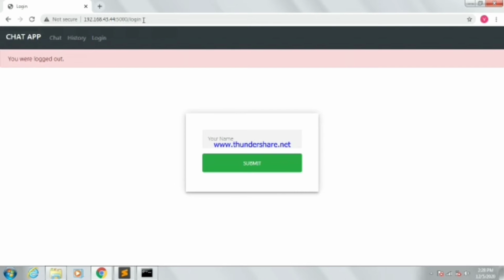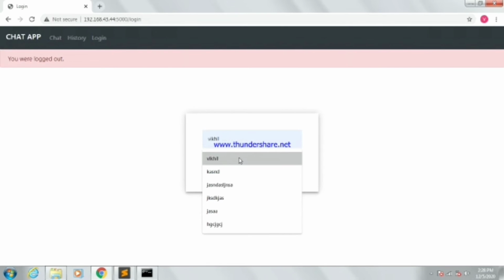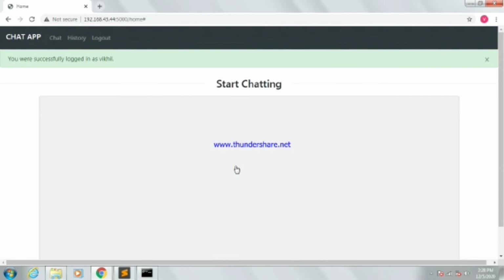I have connected my local IP address, which is IPv4, to the web page, and I have connected the same to my mobile also. So let me do a login. You can just log in, and I'm going to log in from mobile with the name Prashant. Okay, let me send a message. You can see that the message is transferred from my mobile to